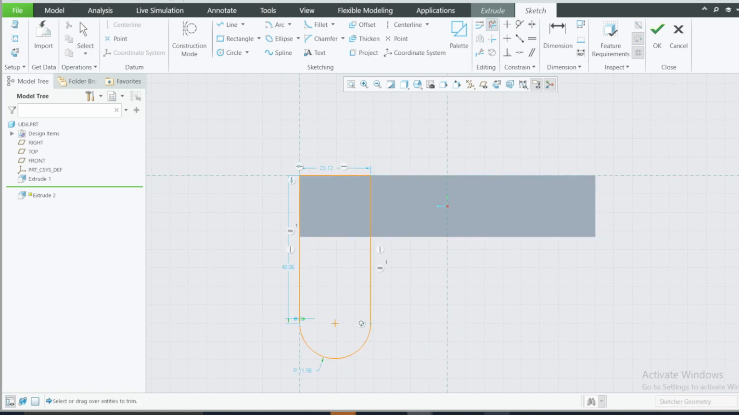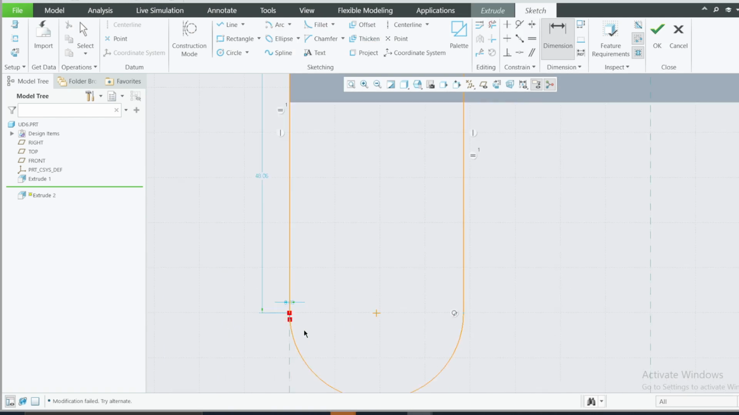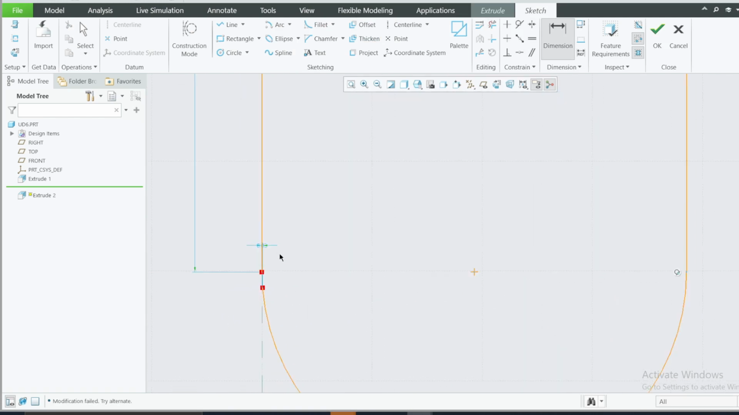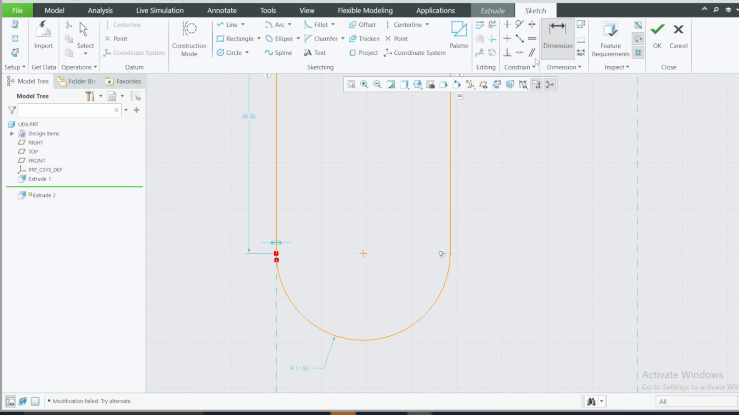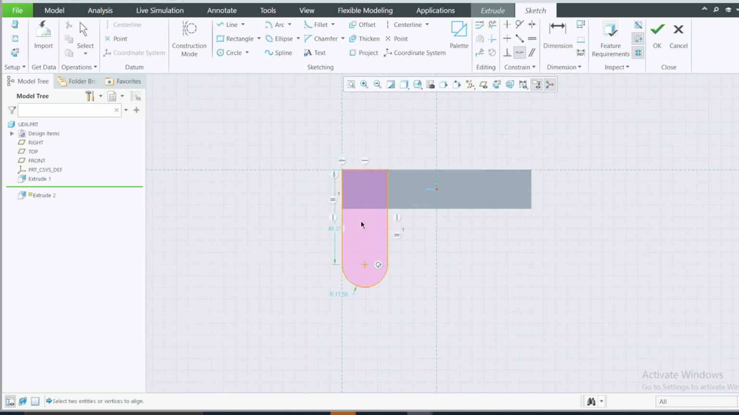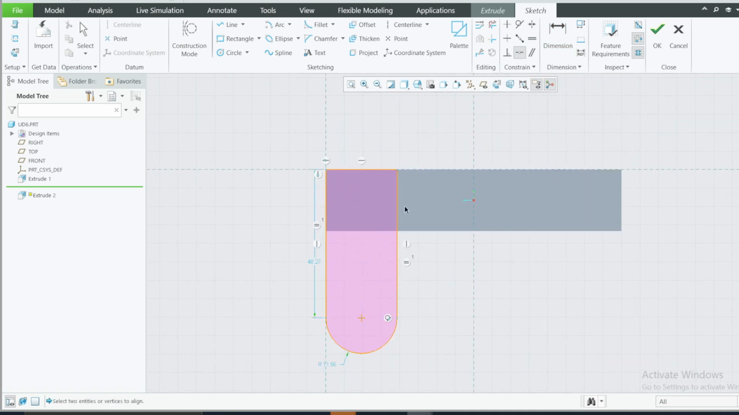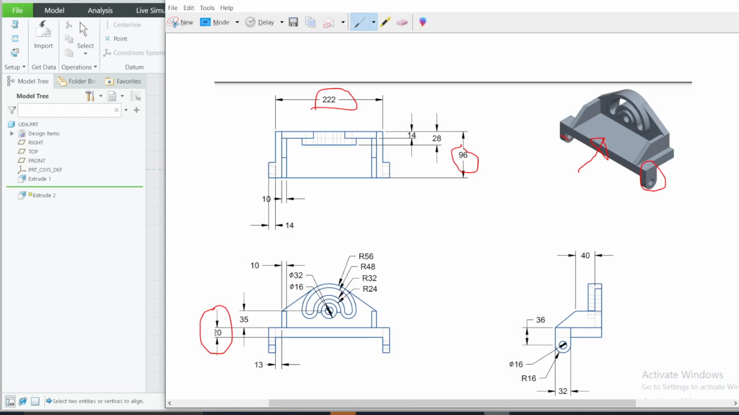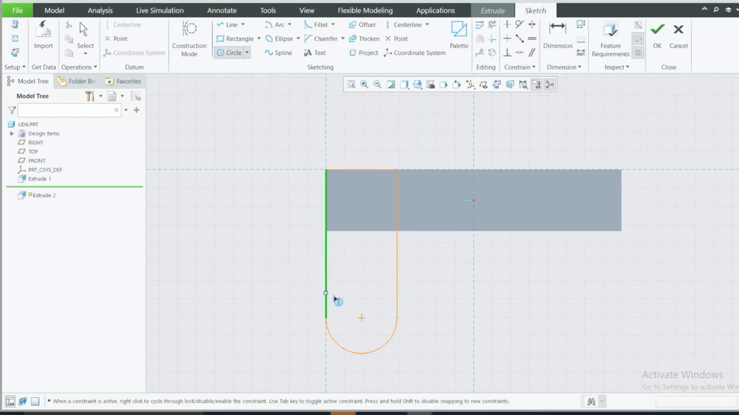Yeah, let's now dimension. I need 36 by 32. This one to be 32. Something is not okay here. Let's first fix this here. I want those two parts to be coincident. Yeah, this 36. Okay, this one we need 16, and yeah, I need a circle here of diameter